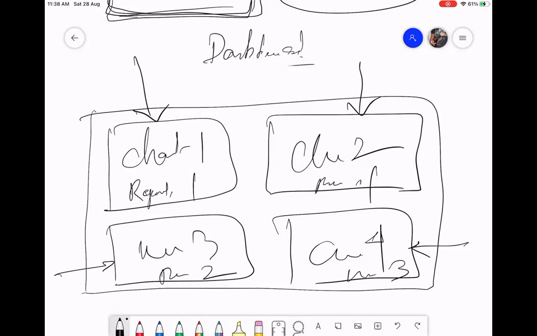Just like in a report, by default, report is dynamic. But when you're sending the email to people, then you need a snapshot of some person's data. Similarly, for a dashboard, when you're logging in itself, you have to see the snapshot of some person. So you have to tell which person's data you want to show on the dashboard. So dashboard by default is static, but you can also create a dynamic dashboard. We'll see this. So let's go and understand a dashboard.